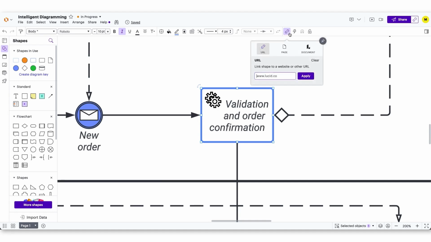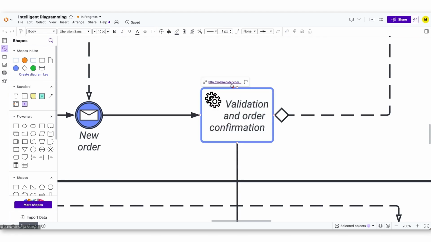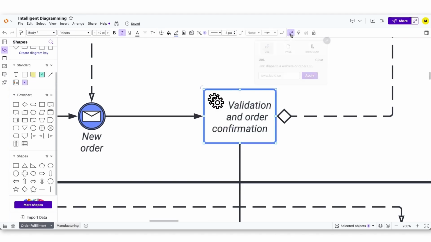Actions and links allow teams to turn any object on the canvas into a button that triggers a particular action when clicked. Most commonly, actions and links are used to provide helpful links to other resources such as external websites, other pages of a diagram, or entirely different Lucid boards or diagrams. They can also be used to toggle on layers and conditional formatting rules, but we'll get to those steps a